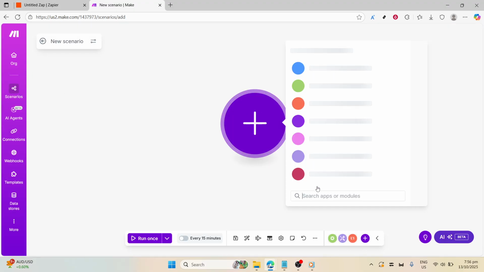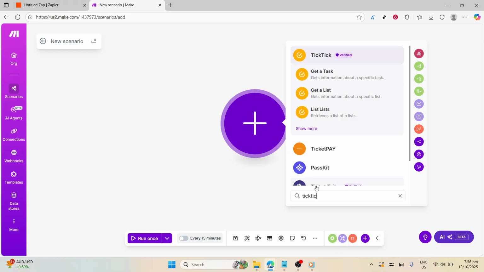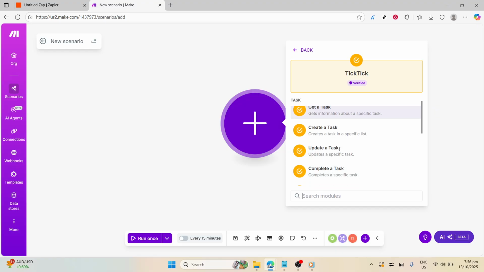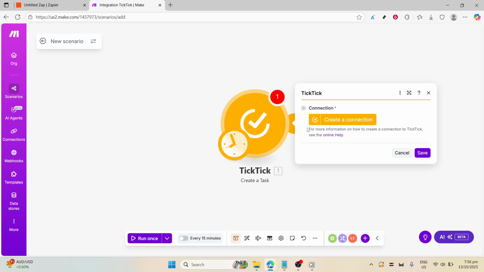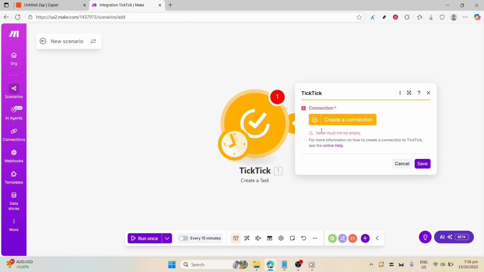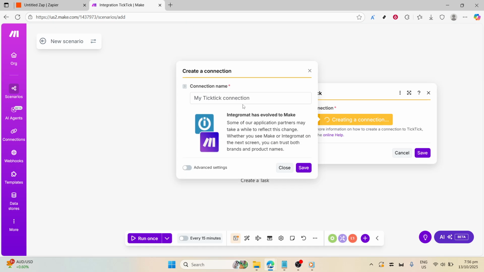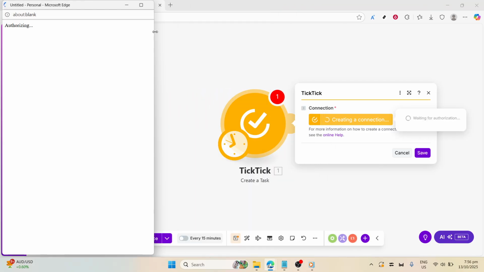We're going to set up TickTick as the first module and select an appropriate trigger, like Watch Tasks, which monitors and reacts to new tasks. After setting that up, add Notion as the next module. Choose an action, for instance, create a database item, to let Make know what you want to happen in Notion whenever the trigger occurs. Connecting both accounts is essential, and mapping fields between TickTick and Notion is what enables the